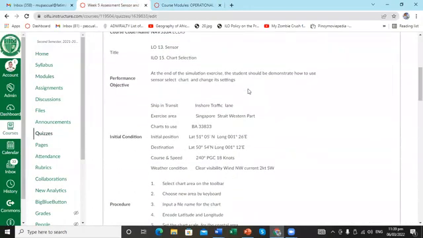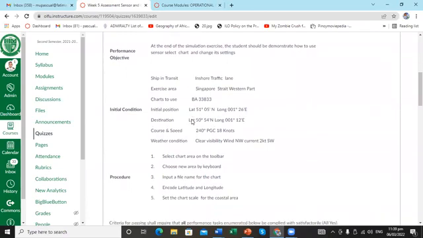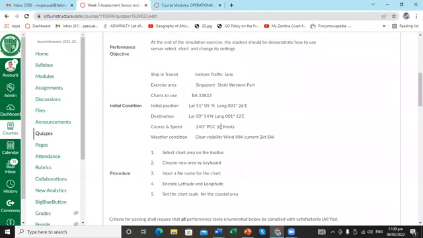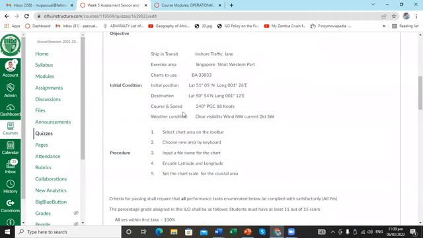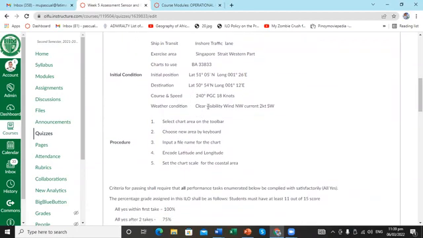In order for us to carry out the parameters or setup of this scenario about the sensor and chart selection, we have a scenario in the Singapore Strait, with the position and destination at that position, and the course, speed and visibility. The procedure is to select chart area on the toolbar, choose new area by keyboard, input the file name for the chart, enter latitude and longitude, and set the chart scale for the coastal area.